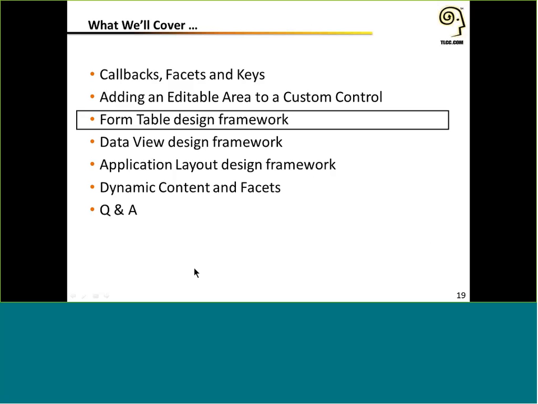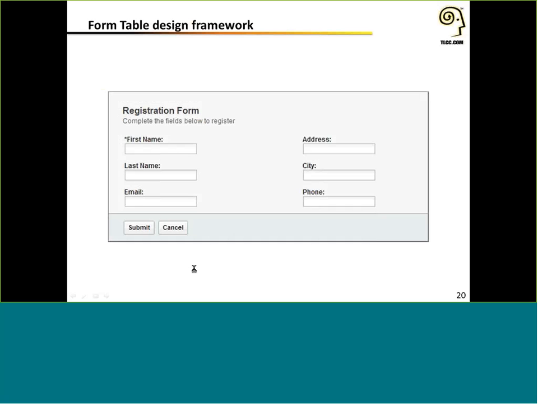that are designed to work with the One UI framework. So here's a simple example of what a form looks like with these controls. You see we've got a form title, and then a description. We've got 2 columns with 3 fields each. And at the bottom here we have this button bar that gives it a little nice visual separation and a place to kind of put your actions for the form.